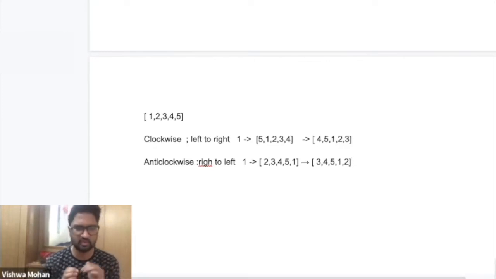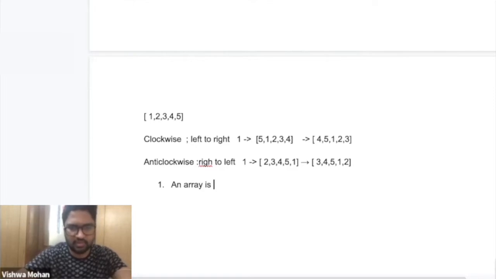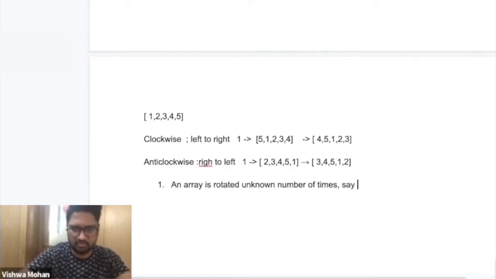When you are saying rotation, it will involve the concepts around sorting. It will involve the concepts around the previous array manipulation that we have seen. So what kind of question can be asked? You will be told an array is rotated unknown number of times.